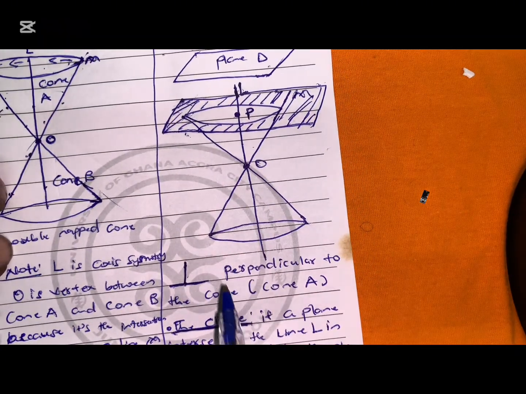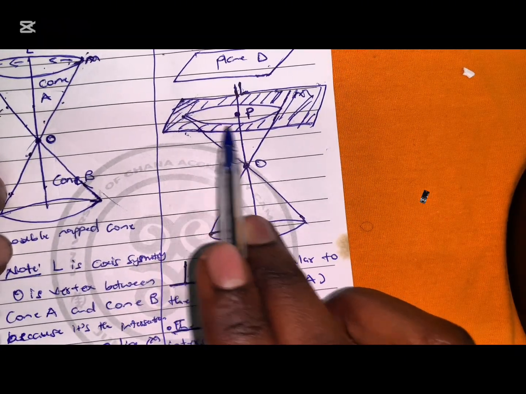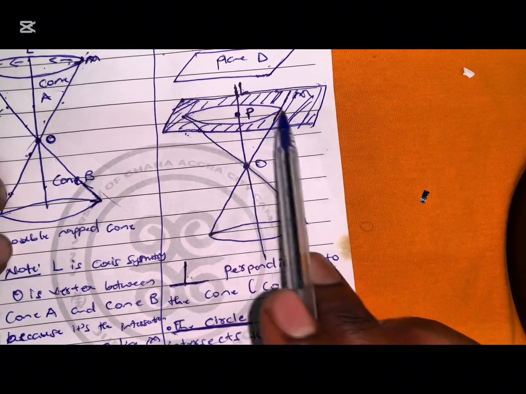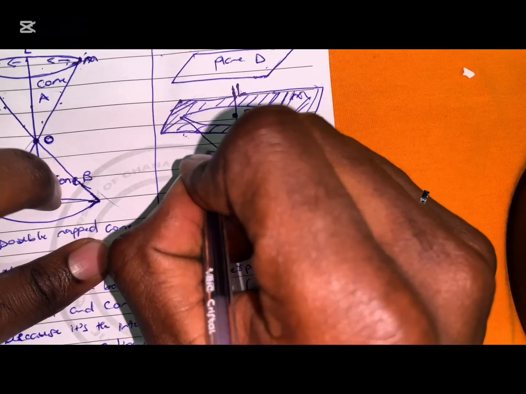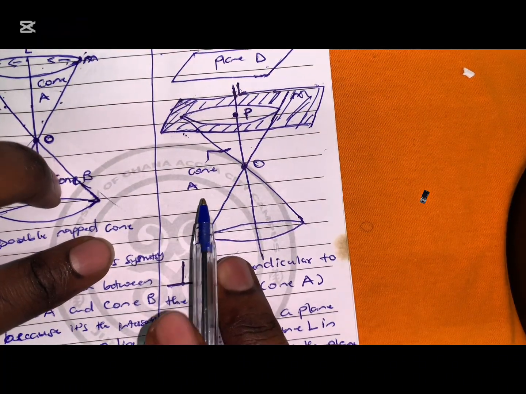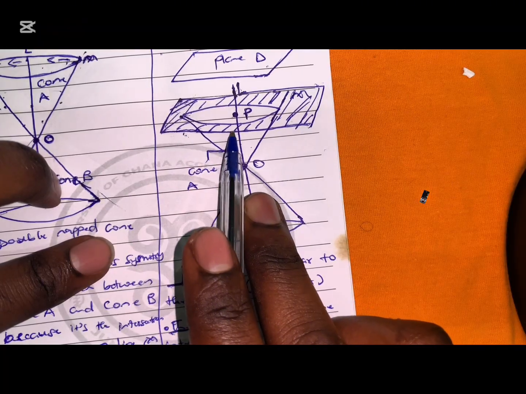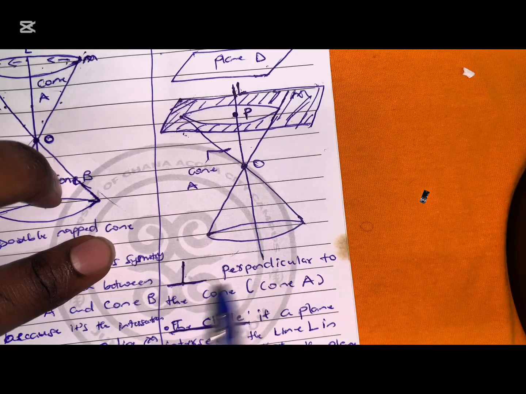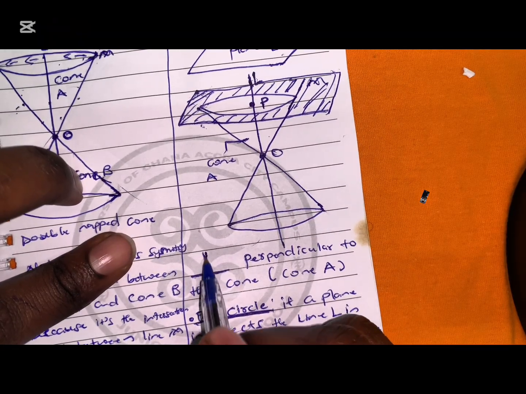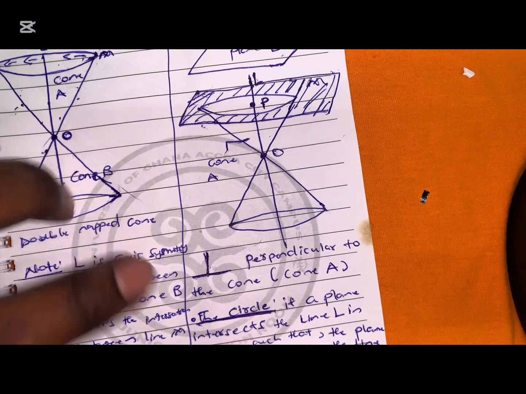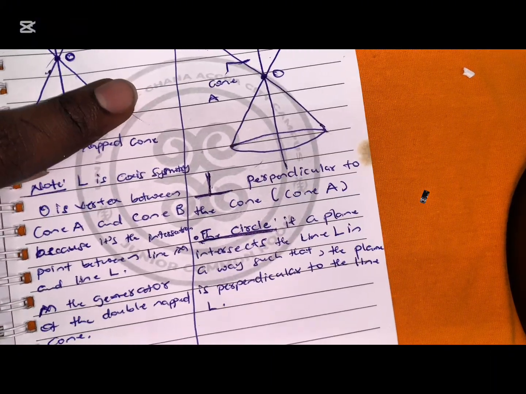This particular circle is formed as a result of plane D cutting our cone A, which is this, in a way that the plane D is perpendicular to our line L. And I said earlier that this is used to show perpendicular in the sense that they are moving in two different directions, but they meet at a particular point. Okay,